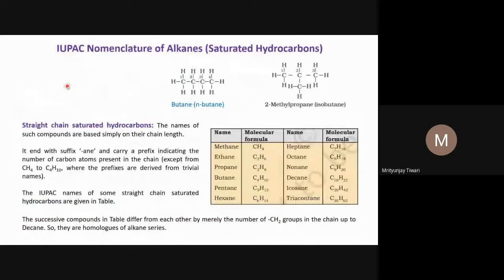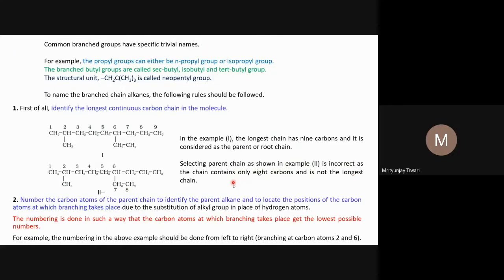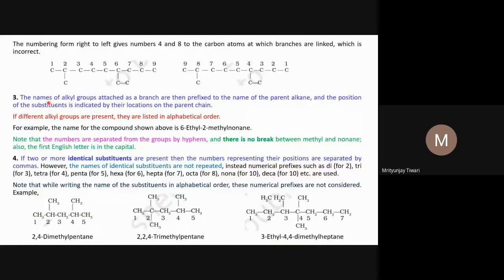we have seen that there is a prefix. The prefix depends on the number of carbon atoms. So to this prefix, the methane, ethane, butane, these alkyl groups will be written even before those names. The names of alkyl groups are prefixed to the name of the parent alkane. So in the parent alkane, these 9 carbon atoms are there, so it is nonane. And for nonane, the names of these alkyl groups will be prefixed, meaning put before the name